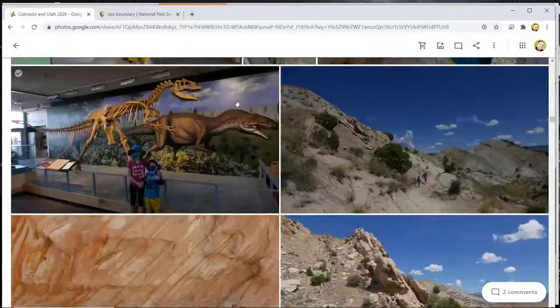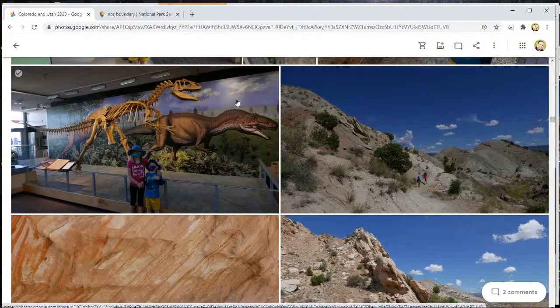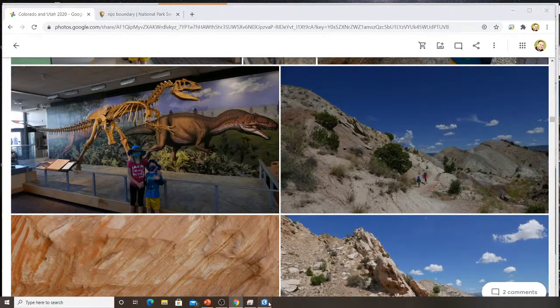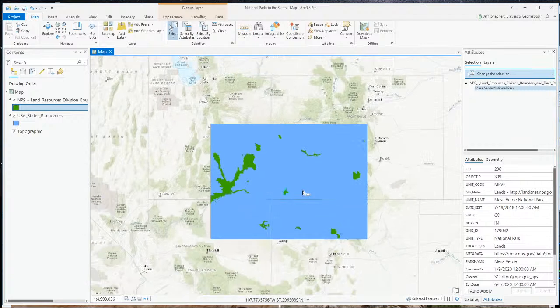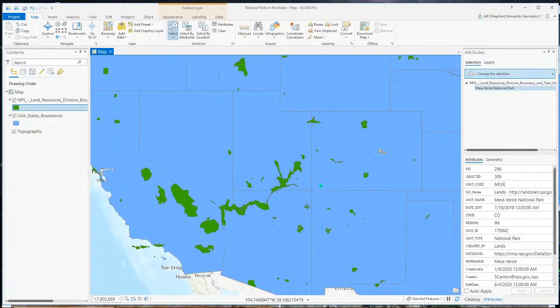Pictures from, we went on vacation out to Colorado. Here I'll show you where we went on the map. Let me zoom out here. So we flew into Denver, which is right around here, and we drove up here to Rocky Mountain National Park, and then we went down here and we spent a couple days and kayaked on the